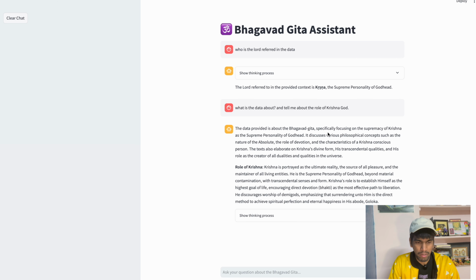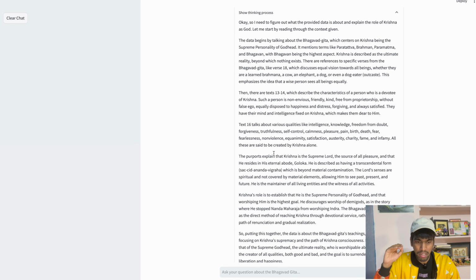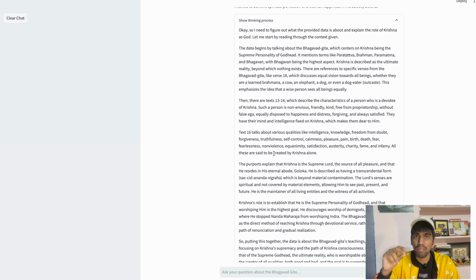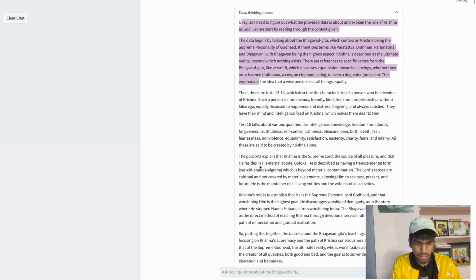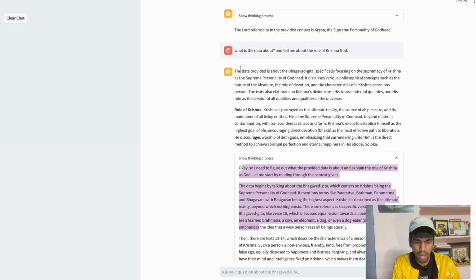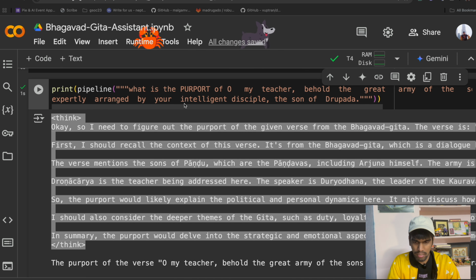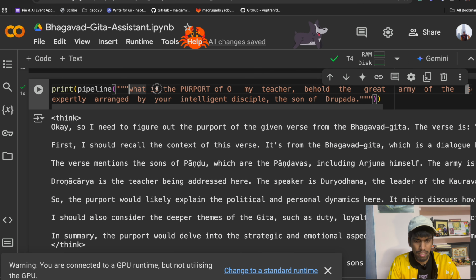So it's about Bhagavad Gita, especially focused on the supremacy of Krishna as the supreme personality of Godhead. And then you have the role of Krishna. Now if you click on show thinking process, this entire thing is happening in just a few seconds, and this is the usage of Groq LLM. It's so fast. And now if you see, you have the thinking capability and you also have the response. You can ask the same prompt that I asked here,